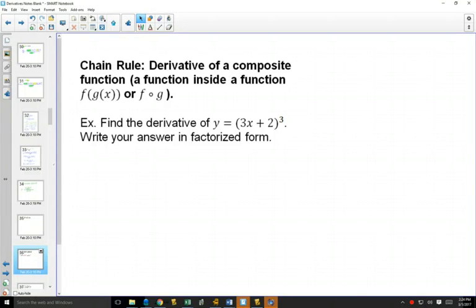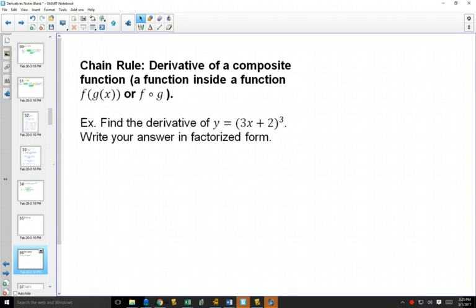So, chain rule is the next rule that we're going to learn. It's what happens when you have one function inside of another function. So right now, if you had to figure out the derivative of this, you might see that there's a power